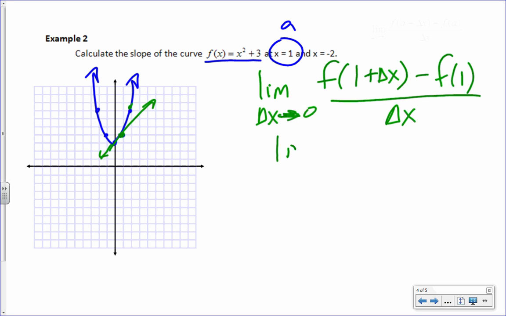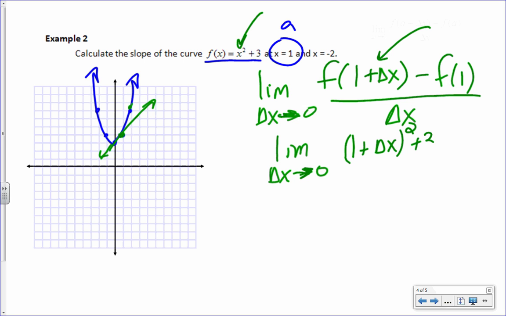So here we go. Limit as delta x, oh, my arrows are terrible, delta x goes to 0. Is f of 1 plus delta x something I can solve for? Sure. Put 1 plus delta x in there, right? Isn't that what that means? You with me on that? Okay. So it's (1 plus delta x) squared plus 3 minus, and I always put brackets around this, so you might want to get used to that,